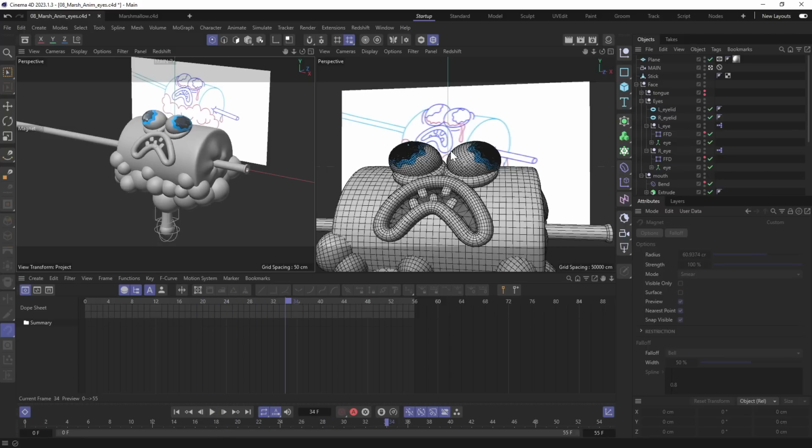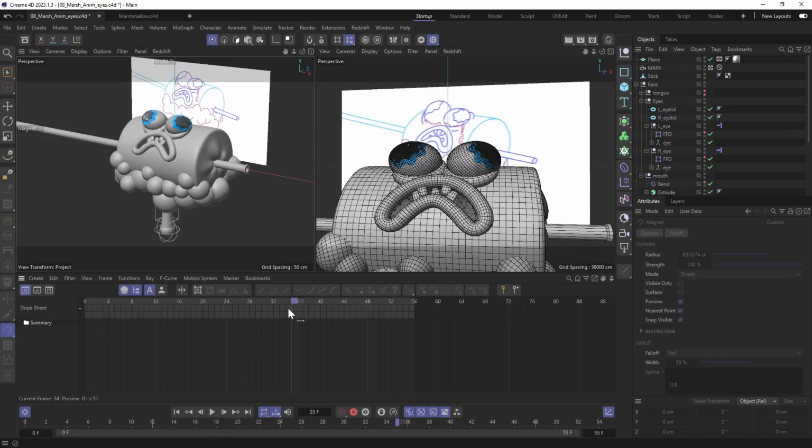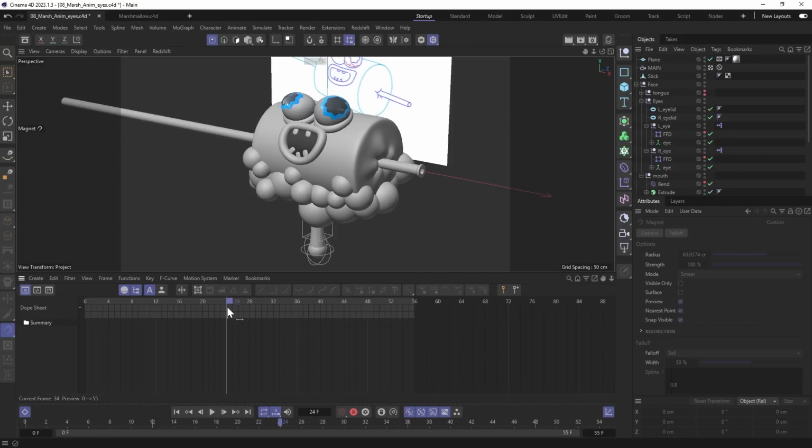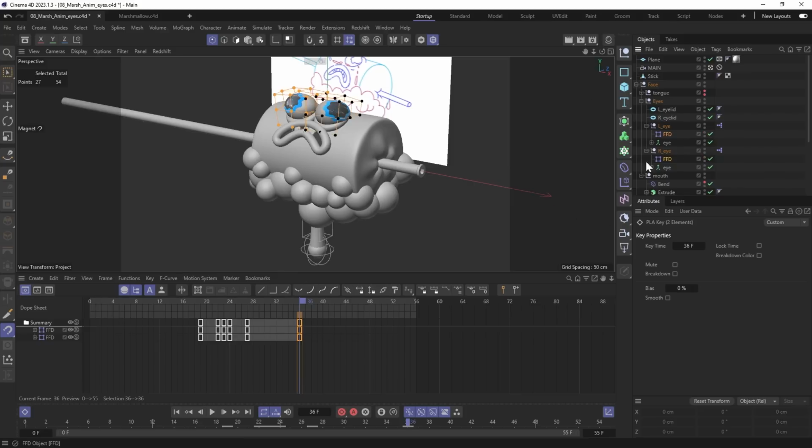The left eye is going to be puffed up like a balloon, and the right will be blown away and flattened. At first, I'm going to find the last frame where the shape stays the same. It is frame 36, then I'll select both FFDs and duplicate the last keyframes into frame 36.